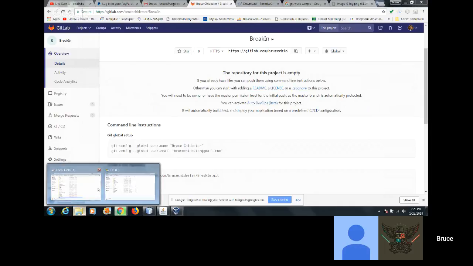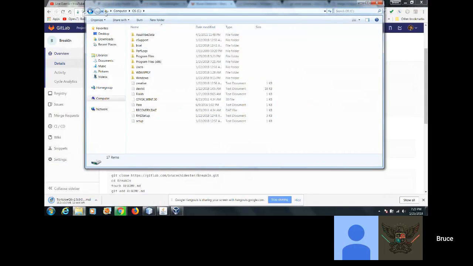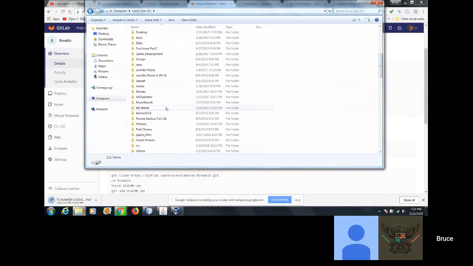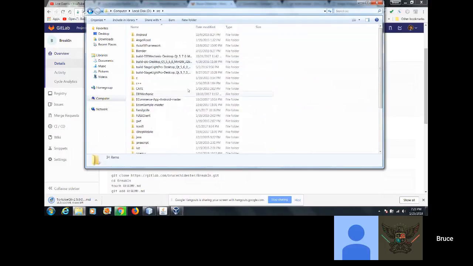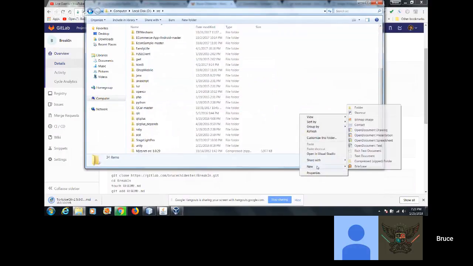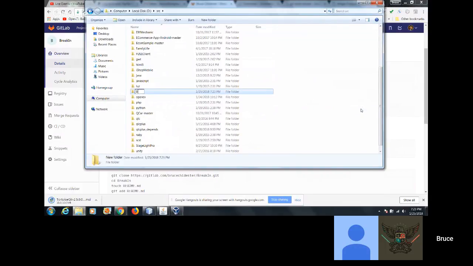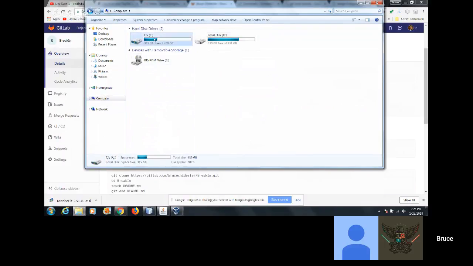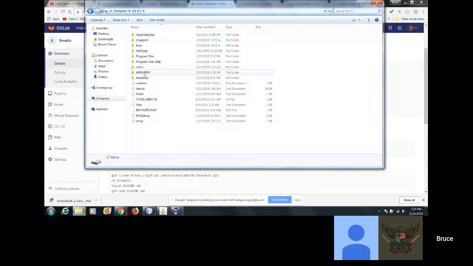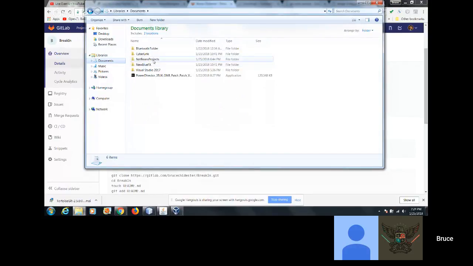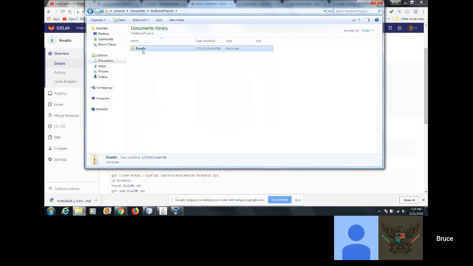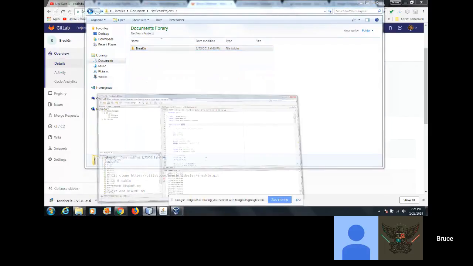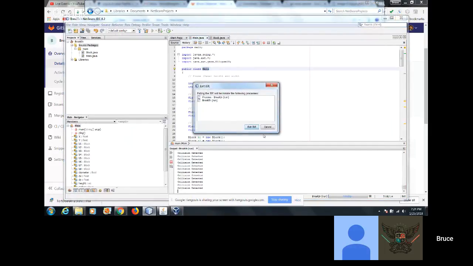Now let me see. First thing I need to do is my same example I did. I'm using the D drive, so I'm going to come over here and go to SRC, and make a new folder called break-in. And then on my C drive is actually where I had this project. It was under, where did it put it? It put it under Documents, I think. Documents, NetBeans Project, Break-in. So I'm going to close this one. Better close my NetBeans project, I guess. Exit the IDE.